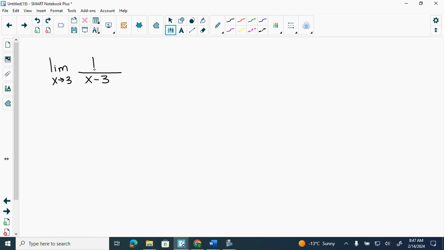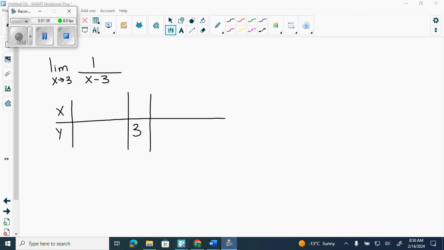Give me a table. Left and right of 3. How do you get close to 3? 2.99999 and 3.000001. Go. So something close to 3 but not exactly at 3. If I put in 2.9,